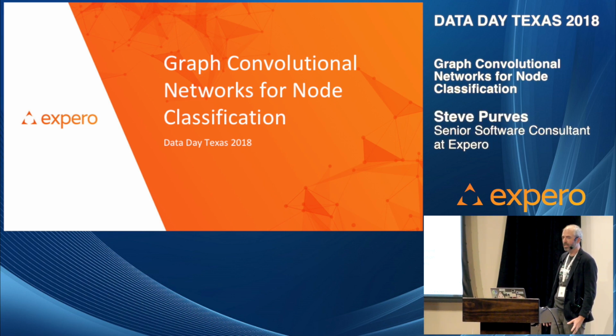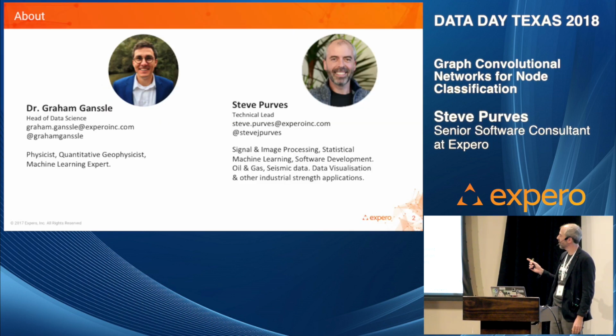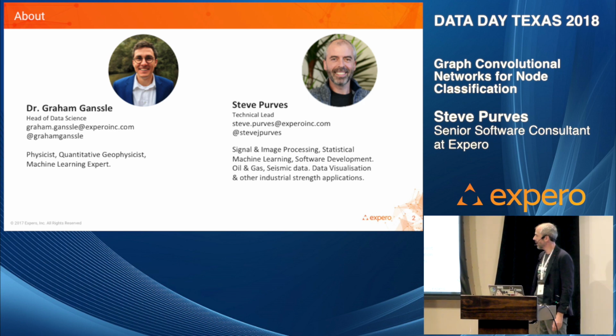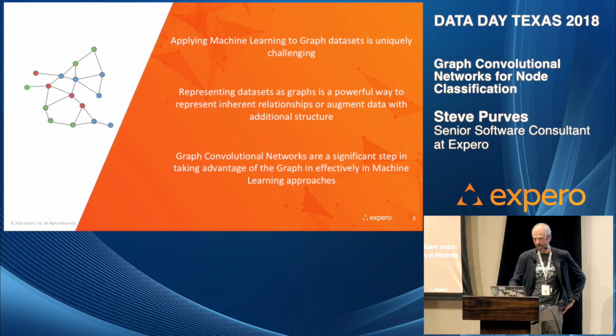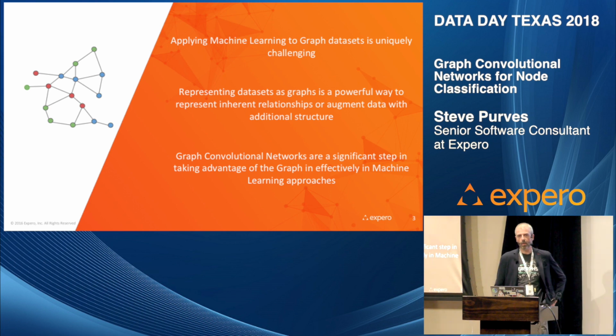This talk's been put together based on work I did with Graham Gansel, who's our data science lead. And it covers something we've been researching over the last 9 months, which is graph convolutional networks. Now, we started looking at it 9 months ago, particularly the problem of if you have a lot of data in